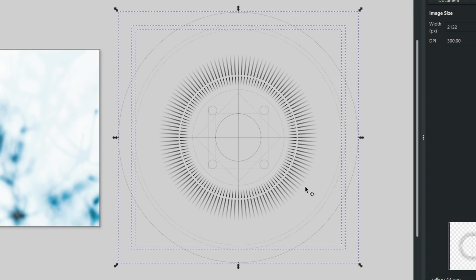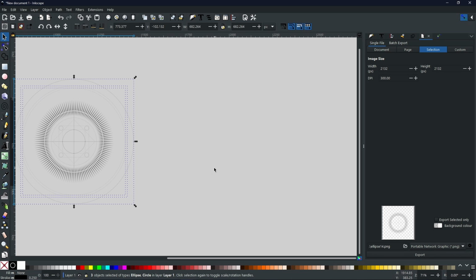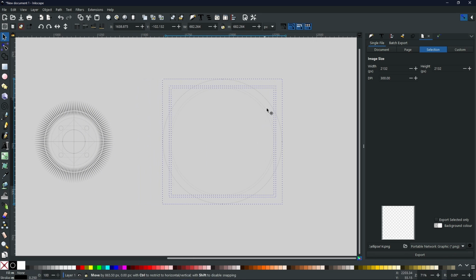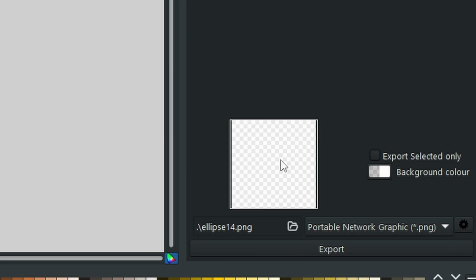These in the center will also be shown. So if you want to just export a certain element, make sure that you have selected what you want, bring it away from the rest of the design,